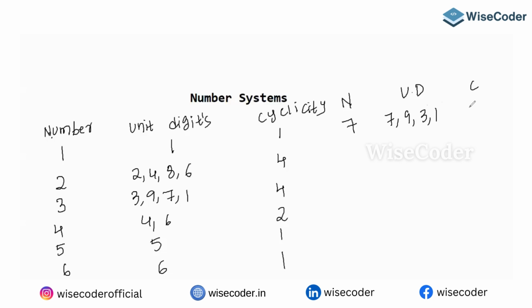The cyclicity is 4. Next must be 8: 8, 4, 2, 6. The cyclicity is 4. 9: 9, 1. Cyclicity is 2. So if you closely observe,